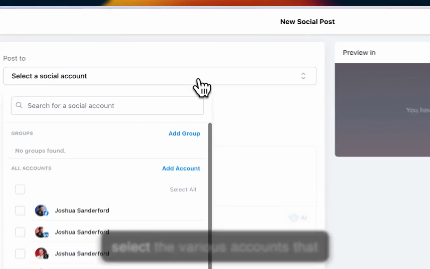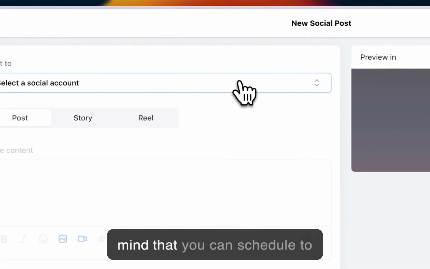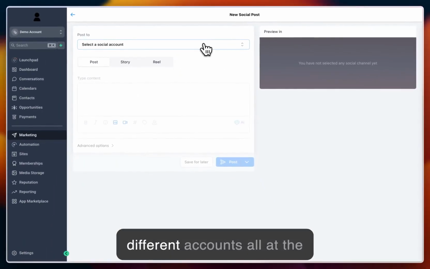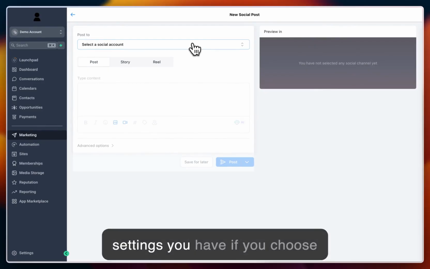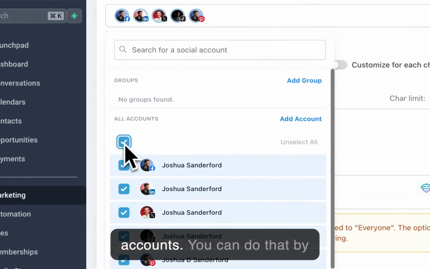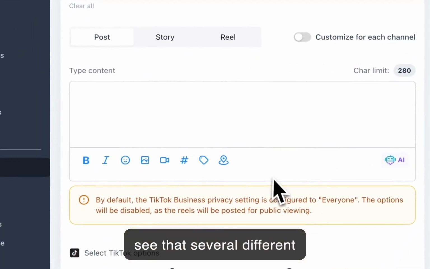You can then select the various accounts that you want to post to. Keep in mind that you can schedule to multiple or post to multiple different accounts all at the same time, but you may be limited on each account what settings you have if you choose more than one. Let's select all accounts. You can do that by selecting this checkbox, and we'll see that several different screens pop